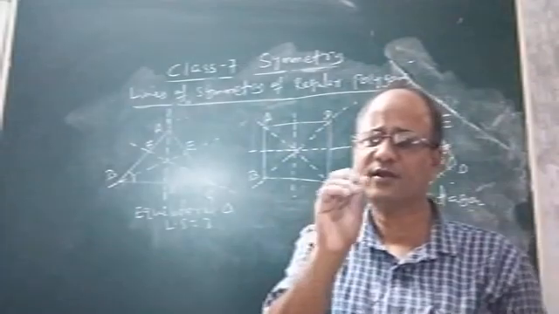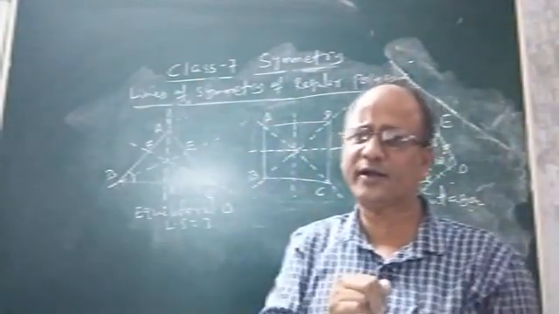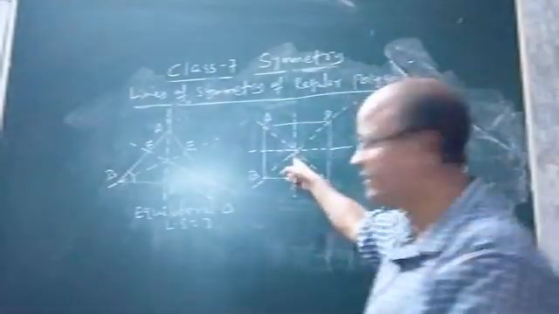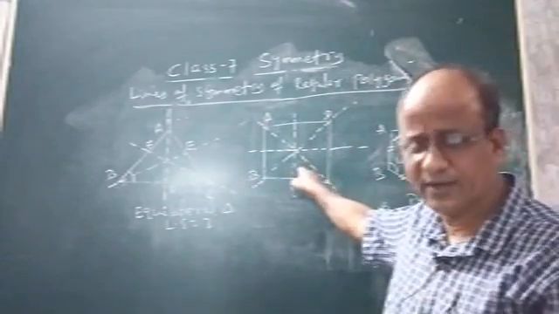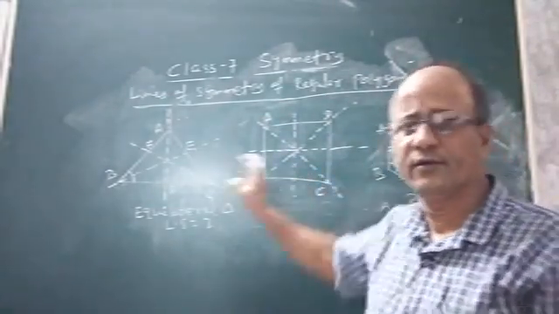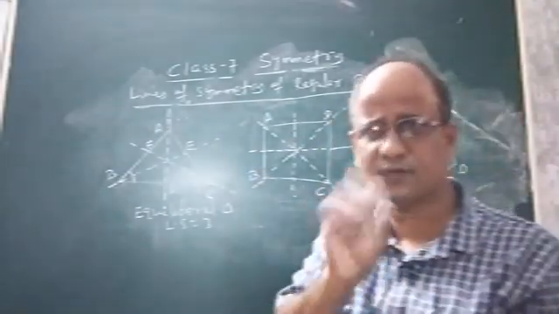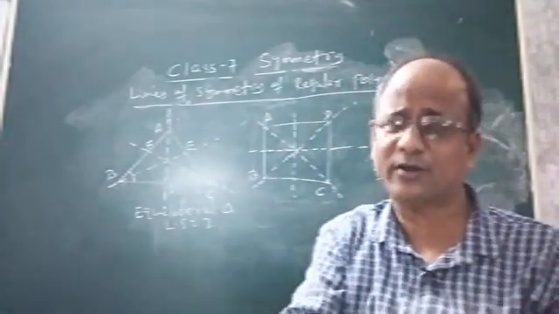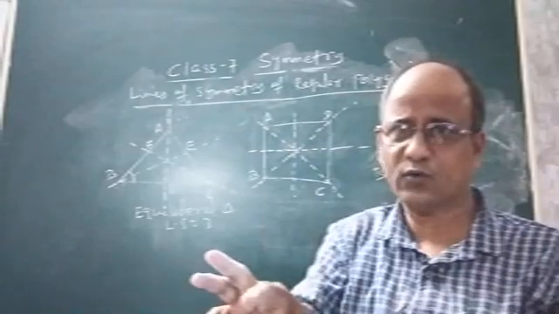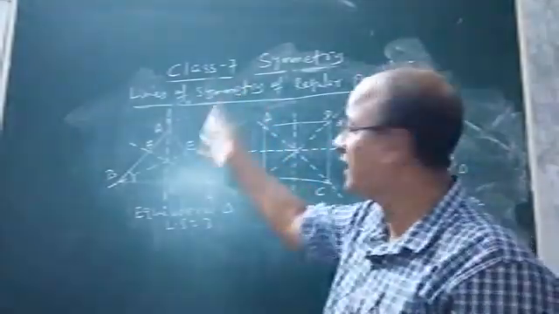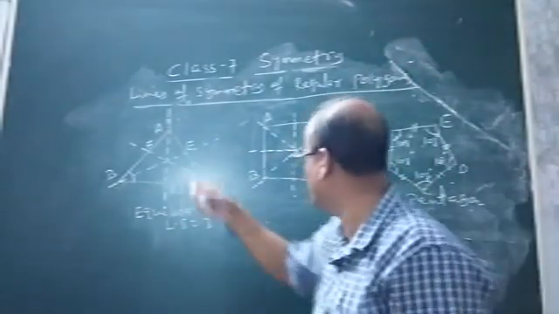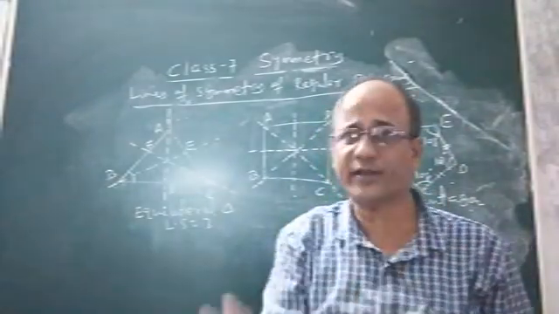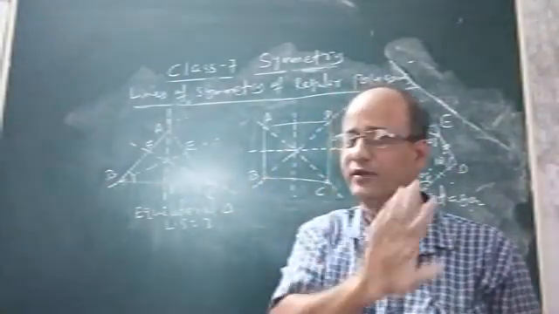Then we discussed lines of symmetry of different quadrilaterals, namely the rectangle, then the rhombus. Here we discussed the square. It is also a quadrilateral, and it is a regular polygon. So how to find lines of symmetry of different quadrilaterals I discussed, and at the end I discussed what a polygon is, what a regular polygon is, how to find which polygons are regular, and how to find lines of symmetry of regular polygons like the equilateral triangle and the square. A rectangle is a polygon but not a regular polygon.